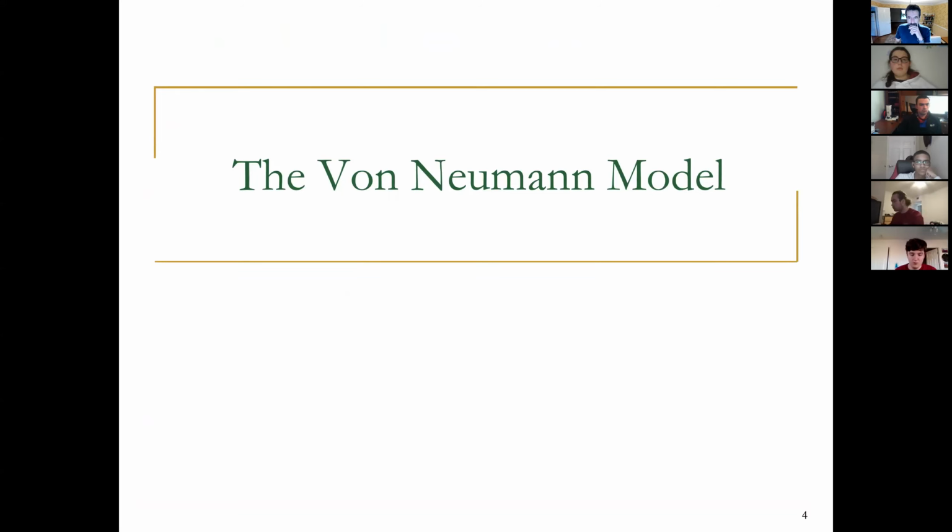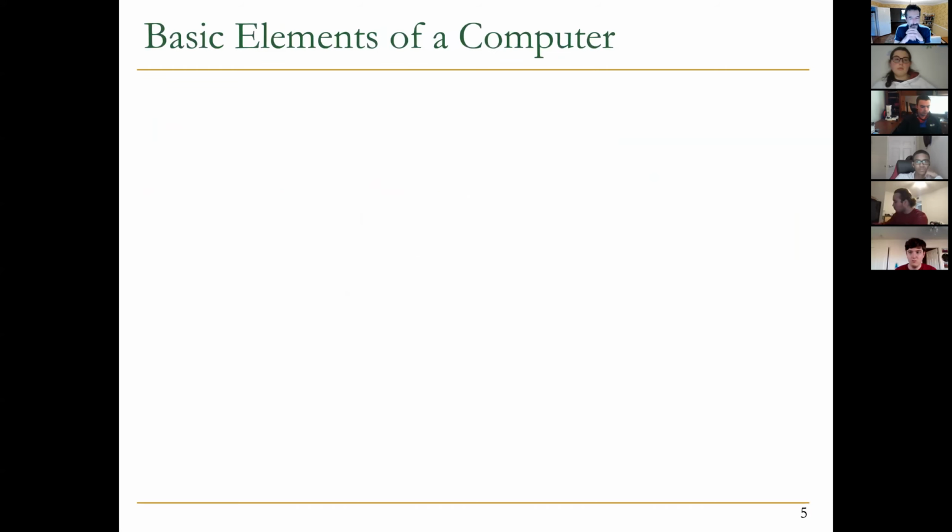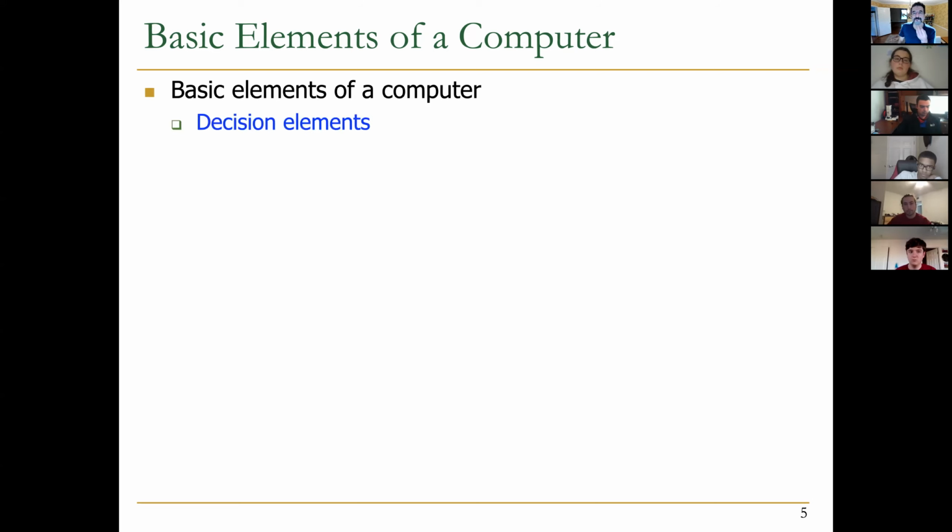So let's start with the von Neumann model. Basically, this course is about building computers, right? For building a computer, we need some elements, some components. These components are basically decision components and storage components or elements, however you want to call them. With these two elements, essentially, you can build computers,